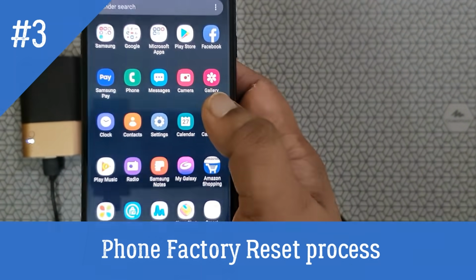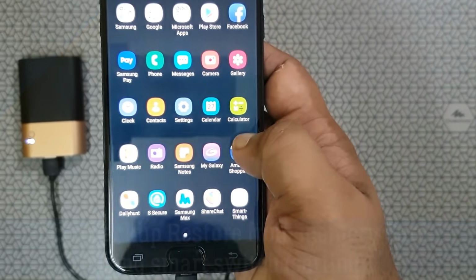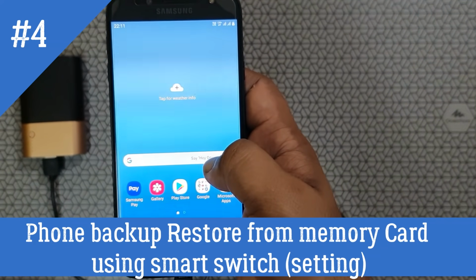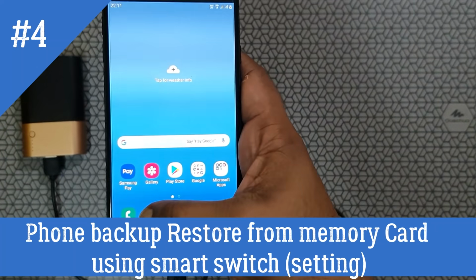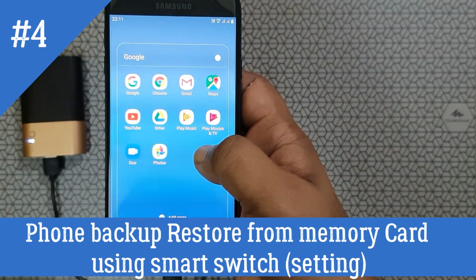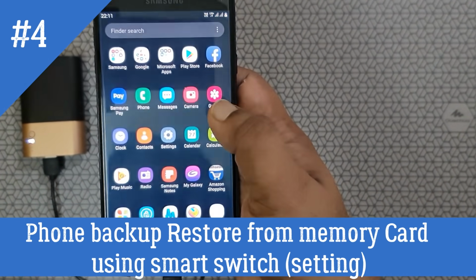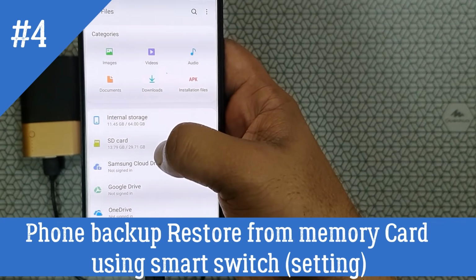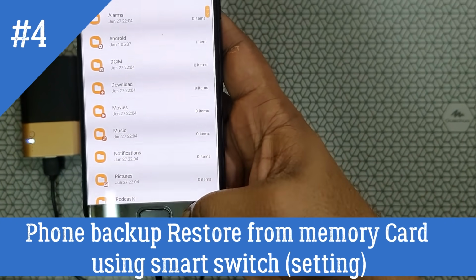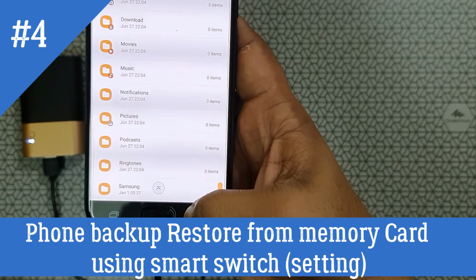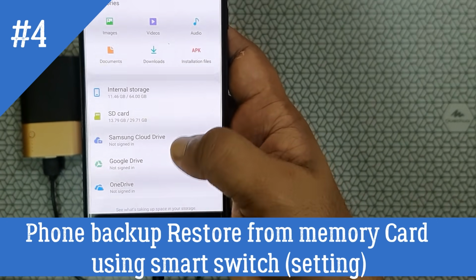So now the mobile has been reset completely. If you go to the contacts, nothing will be there. If you go to the files, internal storage, everything, the WhatsApp folder, everything is cleared.